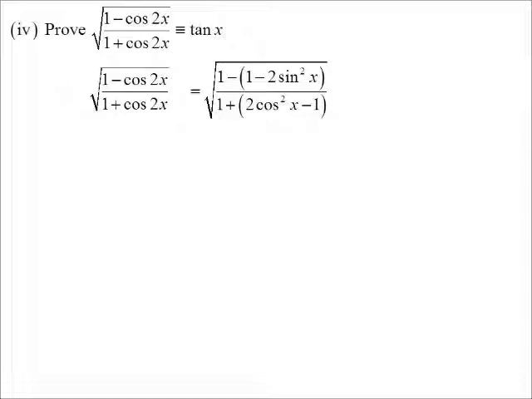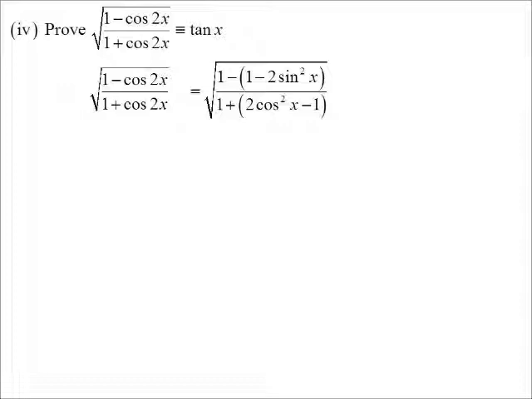Alright, let's do a trig proof, an identity proof. Square root of 1 minus cos 2x on 1 plus. So I'll start with the left hand side. Now I've got 3 different things I can substitute in for the double angle of cos. I want to end up with tan x. Tan can be rewritten as,